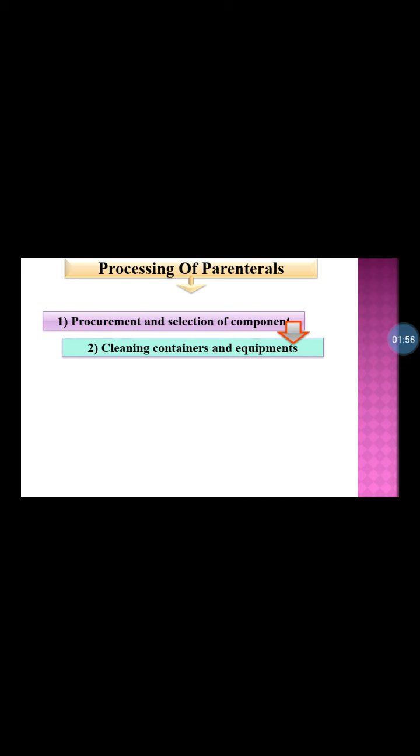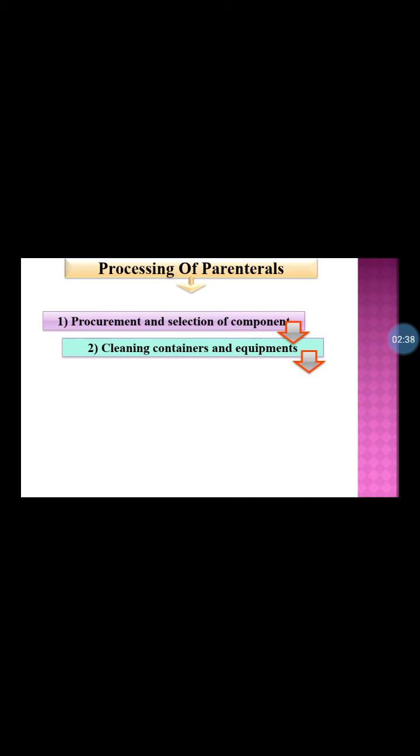All equipments used for parenterals should be disassembled to expose the internal structure of equipment. All parts should be cleaned using effective detergents and should be protected from contamination. A variety of devices are available for cleaning of containers, from a single jet tube to complex automatic washers which clean the containers by using distilled water.